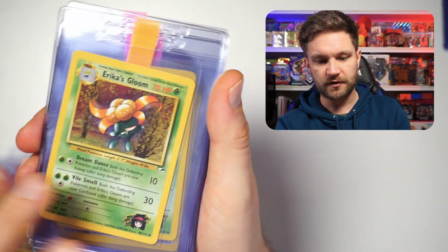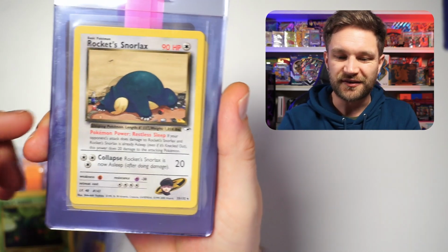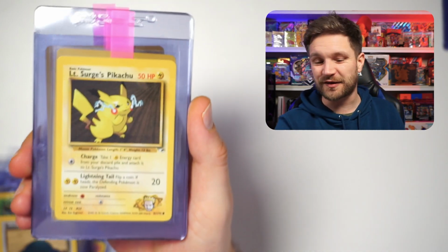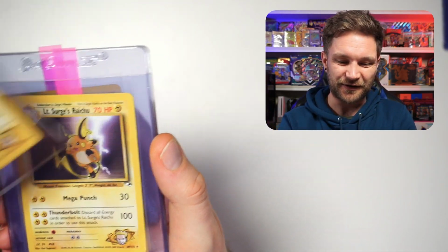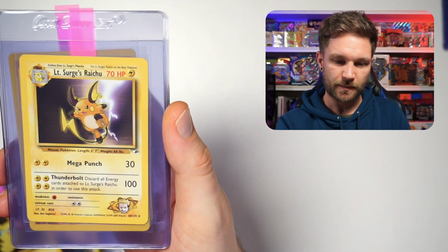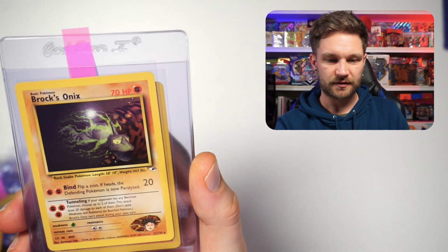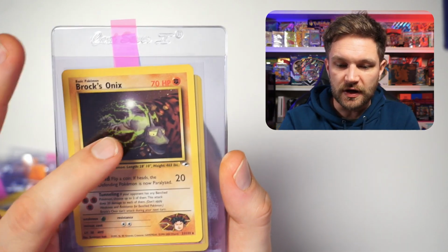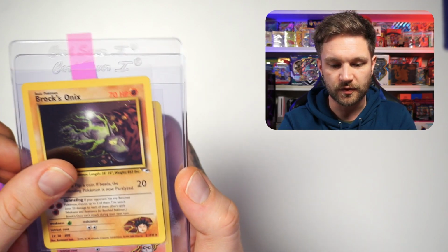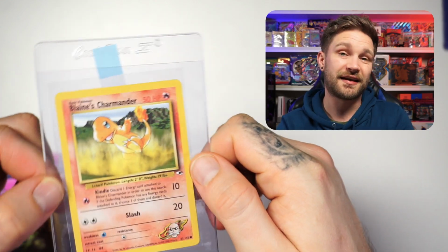Erica's Gloom. Oh. Erica's Oddish. Rocket Snorlax, super cool card, that one. Really like that. Lieutenant Surge's Pikachu. Oh, just really cool. Then you got the Raichu as well there, guys. Brock's Golem, very cool card. The Onyx as well. This is really cool, actually. I think until recently I hadn't actually seen this design, but that is a super cool design on that. And then to finish up on this set, we got the Blaine's Charmander, because hey, it's a